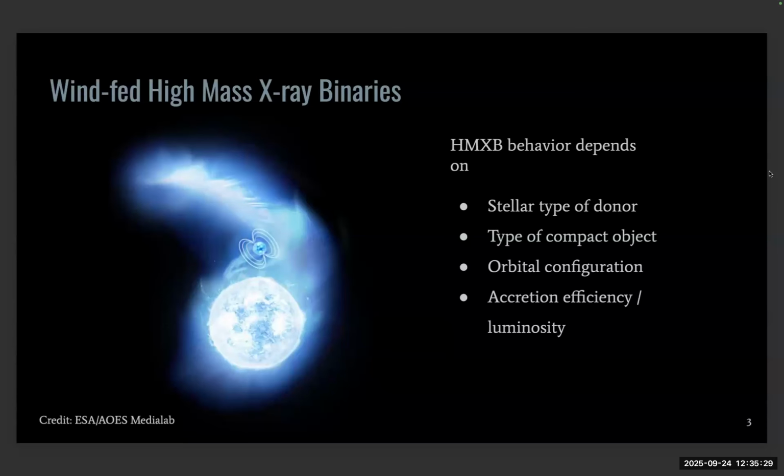And a lot of this depends on, for example, exactly what the stellar type is, what the masses are, or the mass ratio of these systems is, what the orbital separation or its eccentricity is in an individual source, but then also, for example, what the actual luminosity of the compact object is, and this is connected, for example, in a neutron star binary, also to things like how fast the neutron star spins or what its magnetic